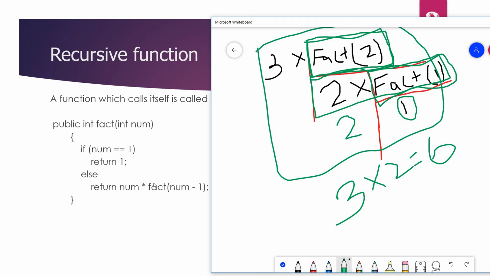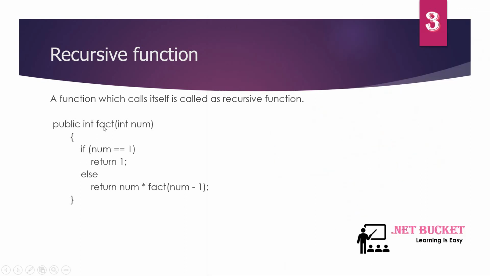So for now, maybe you will not be able to grasp the things immediately, but for now you just understand what a recursive function is. Recursive functions are those functions which call themselves, right? And at some point in time, instead of calling itself, it should simply return, right? Otherwise what will happen is it will keep on calling itself. If, let's say, I am not having this statement, it will keep on calling factorial one after another, so it will end up calling multiple factorials in an infinite loop.